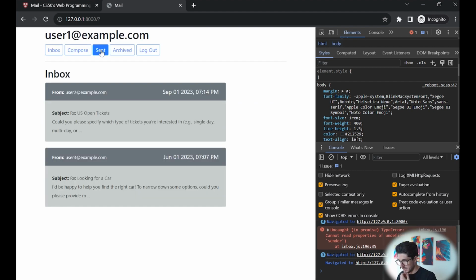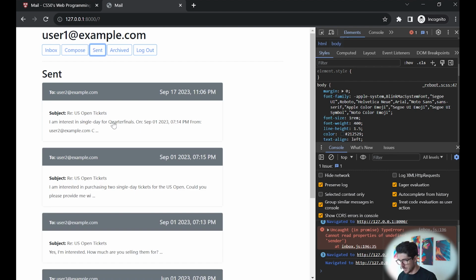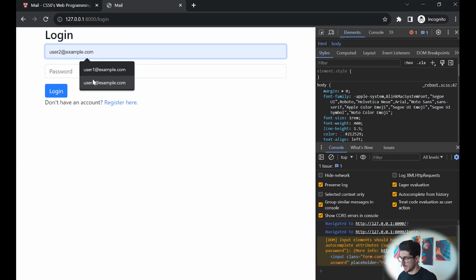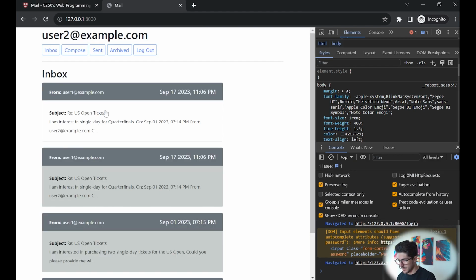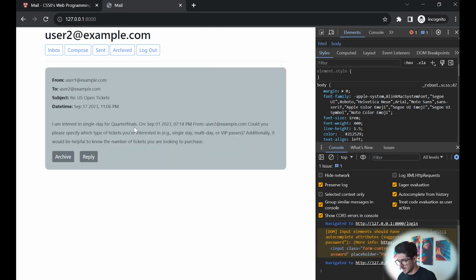So if we look at the sent messages, then we see the message right here. If we log out and log in as user2, let me get the password in here. So that's the email that we just sent. It is unread. If I click it,